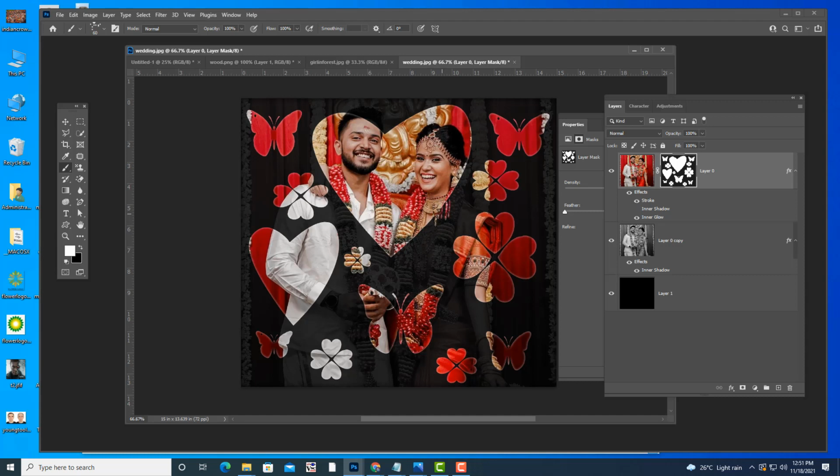See here. I am trying to change these things to a natural brush, actually normal brush.